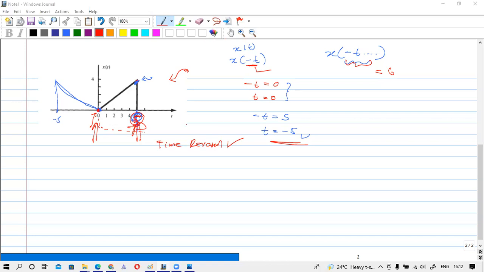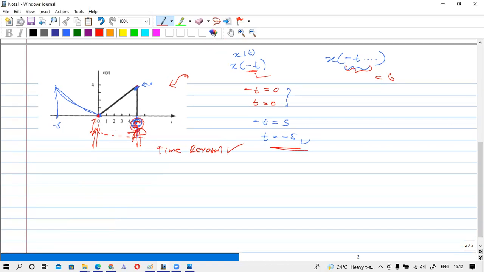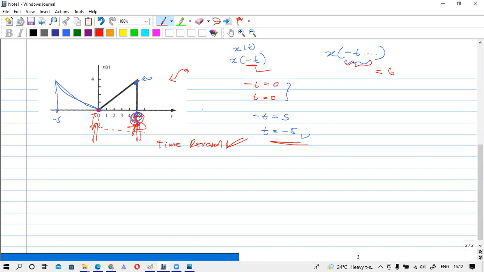Okay, so your answer is correct. It is time reversal. Can you observe anything else here? What do you get here? So consider this x(t). This is the y-axis. And if you consider this y-axis as a mirror,